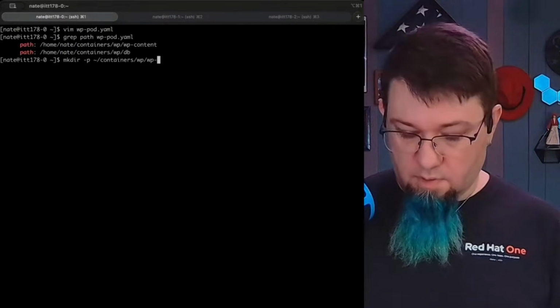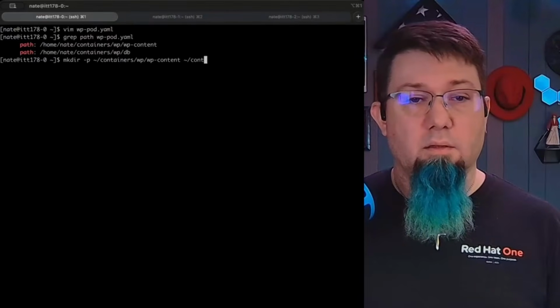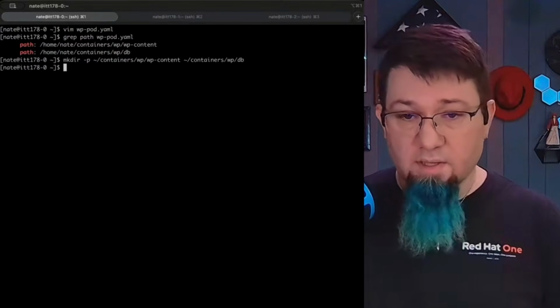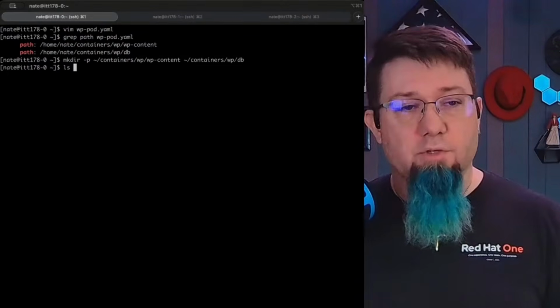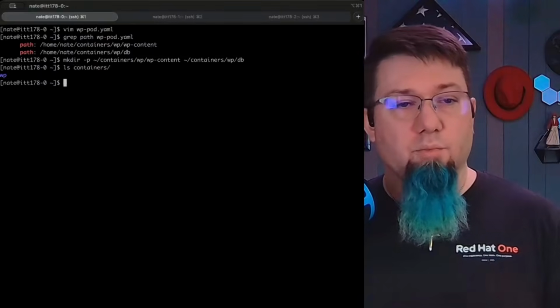Wow, can't type. And okay, that should make both directories. The directory structure is made now, right? There's the WP, and then inside of there should be the